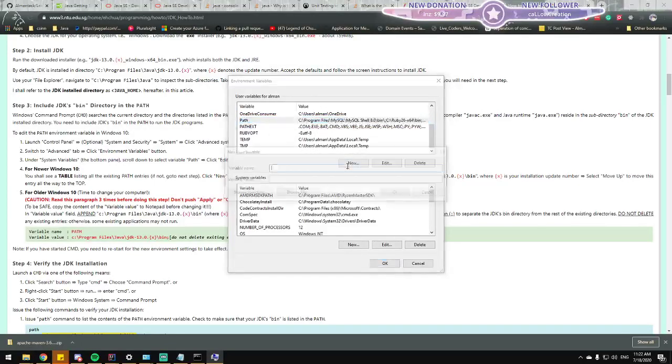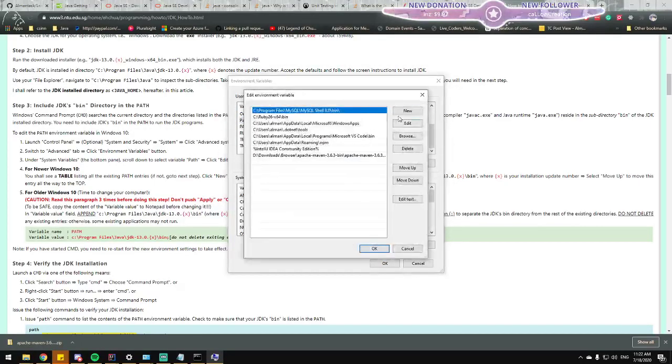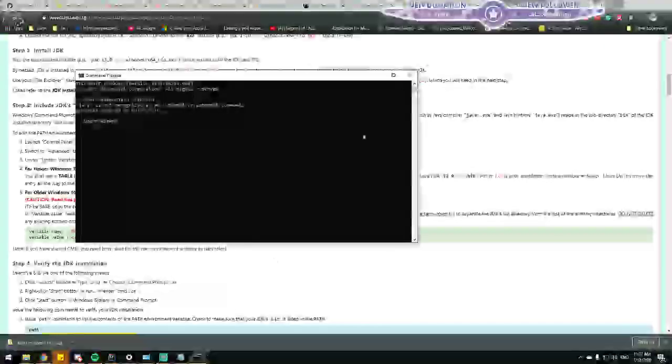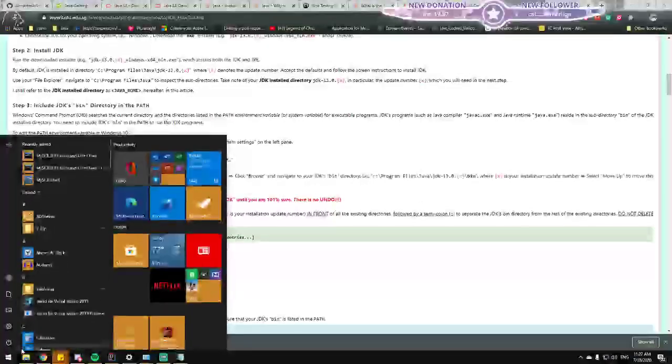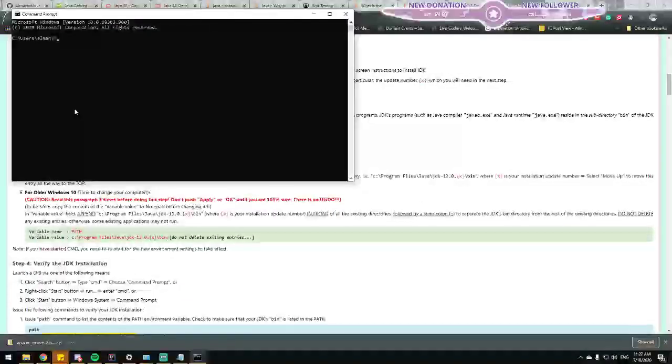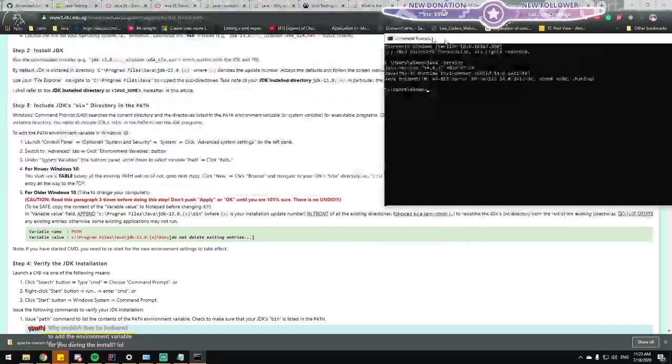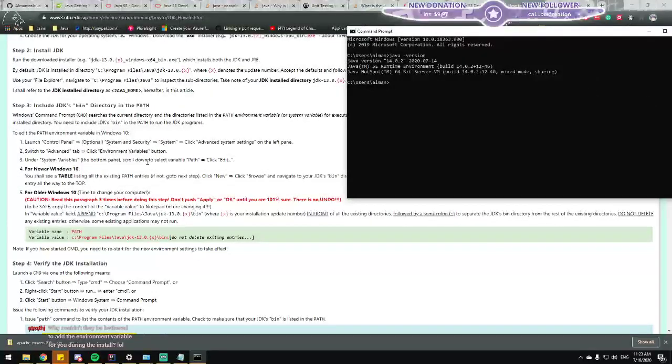Path, new, edit, new, /bin. Okay, restart console. I think now it should work. CMD, java -version. Woohoo! It works. Good.